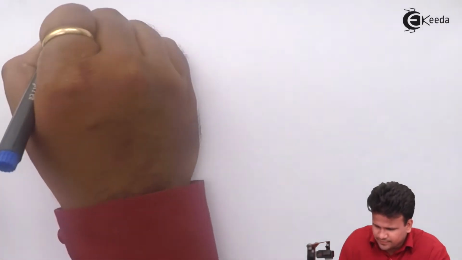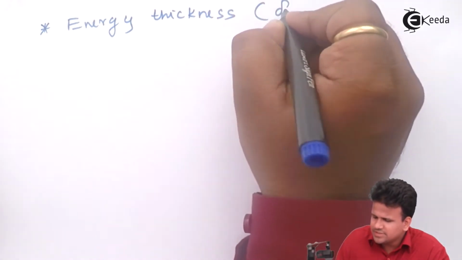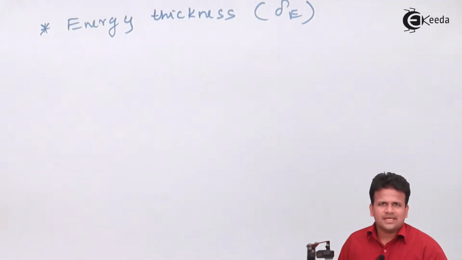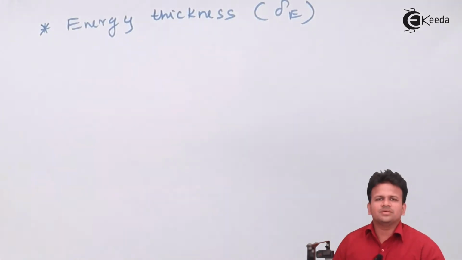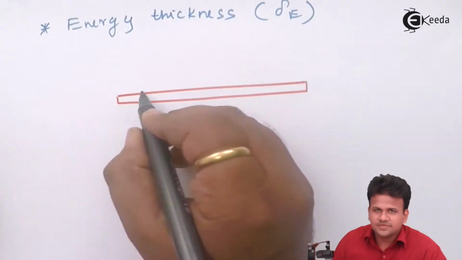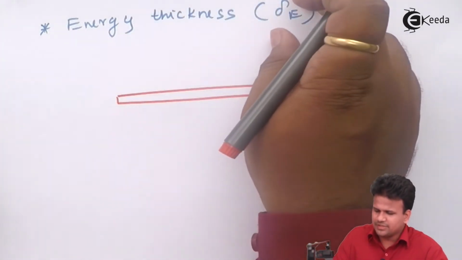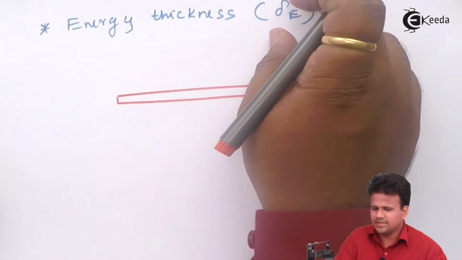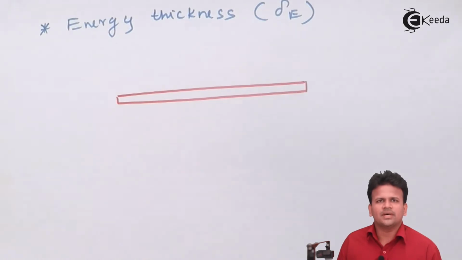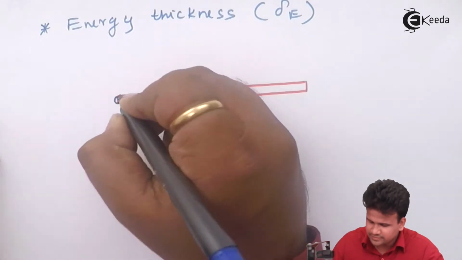Energy thickness. Energy thickness is denoted by delta E. Now, this energy thickness is the thickness from the surface of the solid which is displaced by a thickness of delta E, such that to accommodate the reduction in the energy. So now over here, this is a plate, this is a point of